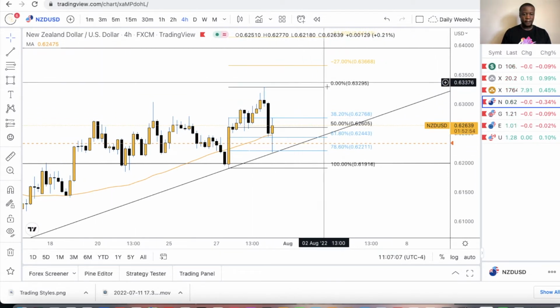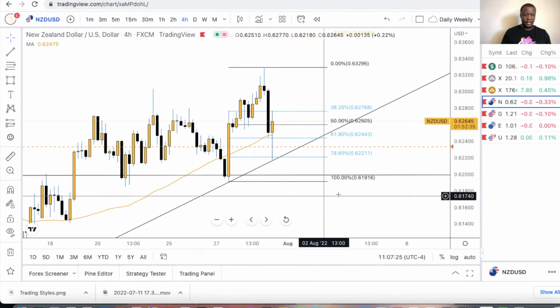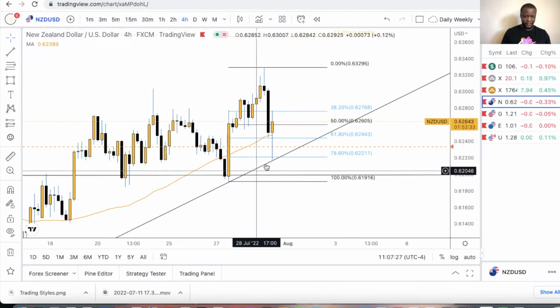Plus, I already have another trade going, so that's the thing with psychology. You don't need more than one trade going at a time. So for me personally, I don't like taking more than one trade. I saw the trade, but it's just like, okay, I'm looking at the confluences. I have the confluence of this trend line,